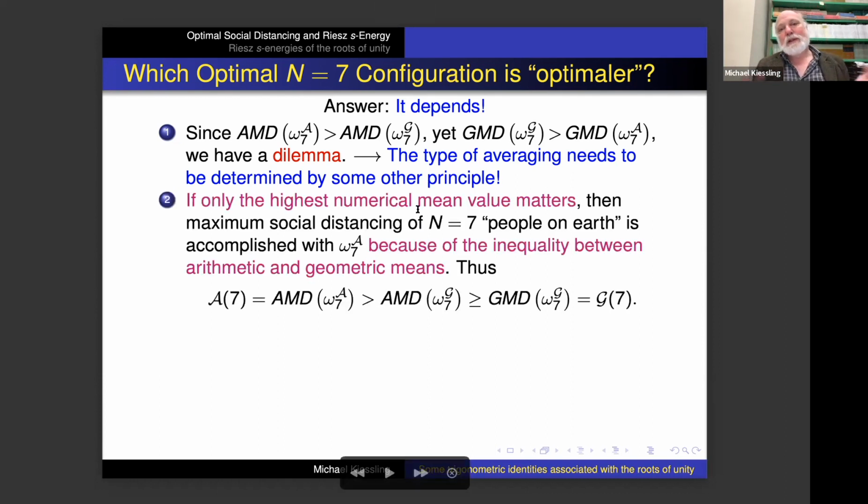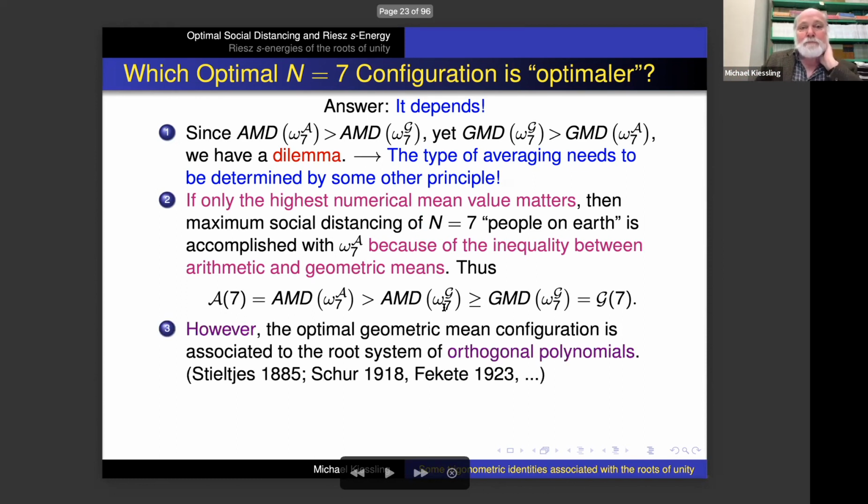And that's of course just contrived now. If really only the highest numerical mean value that you can possibly obtain matters by averaging over something, but you have only these two options, arithmetic or geometric mean, then of course by the inequality between arithmetic and geometric means, the arithmetic one beats the geometric one. On the other hand, when you go back to the literature on orthogonal polynomials, it seems to